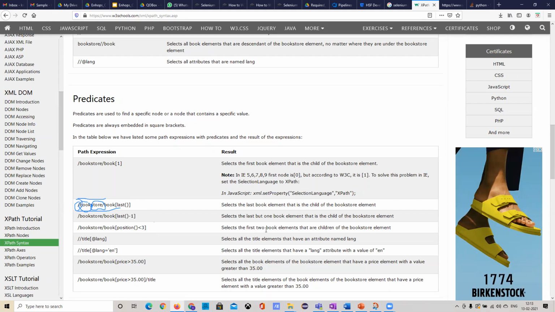So select the first 2 books that the children are having. So it needs to get the 2 books. Means below 3, whatever the things are there, it will try to select it. And this is how we will give the attributes, and then we can identify. And this is how we can write a condition for the objects. And if you have multiple objects, we can identify and we can keep it.